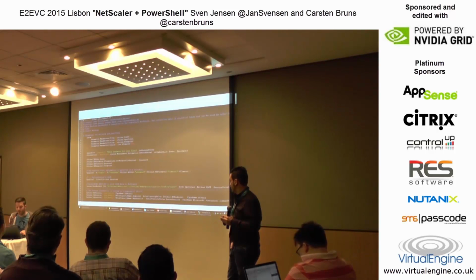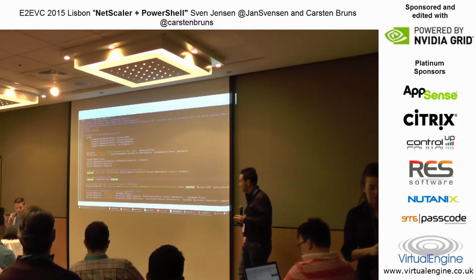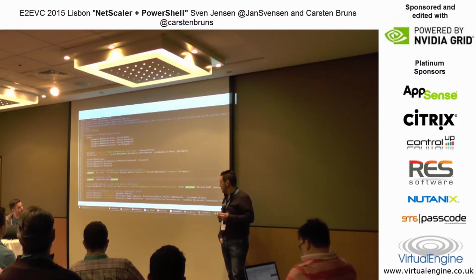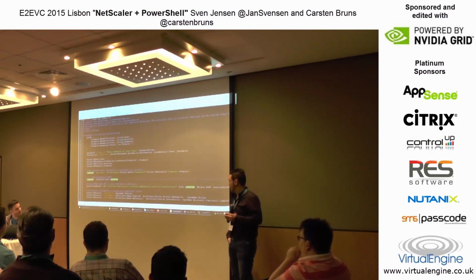We put in a password, which is at least a secure string, which is not plain text. Then we set a few global variables for the other function to use. Then we build a hash table including the information we need to log on. We convert this hash table to JSON format, and then we send a REST method to the NetScaler using the protocol we set, using the endpoint IP address, and then stating the Nitro